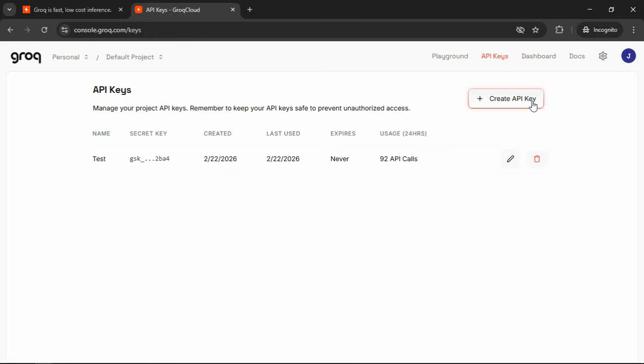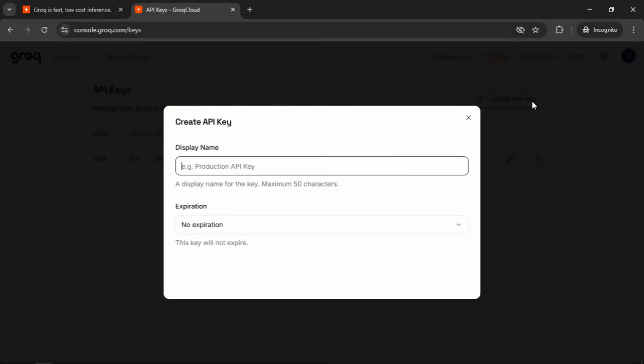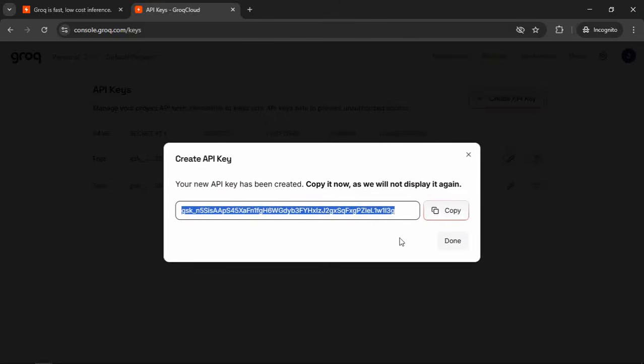We need to click on create API key. Give it a name. I'll make it free and simply click on submit. So this is my API key. I can copy it by clicking on this button, copy, and you can see it is written here, copy it